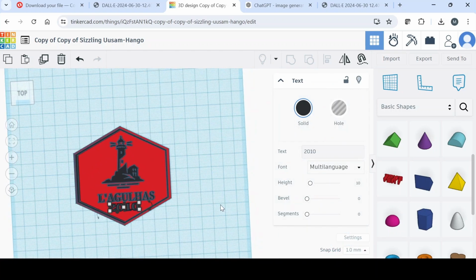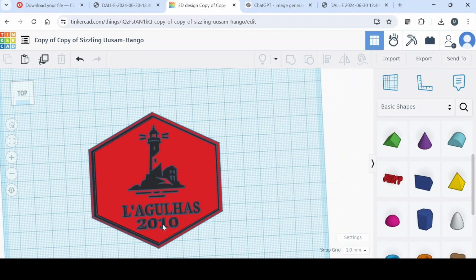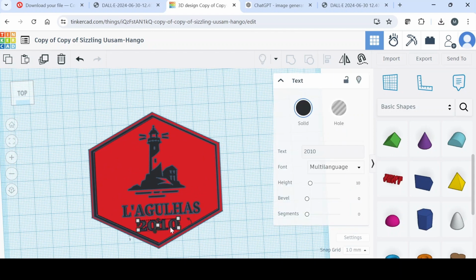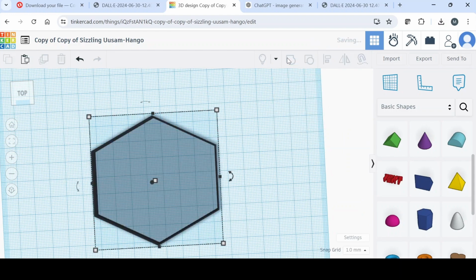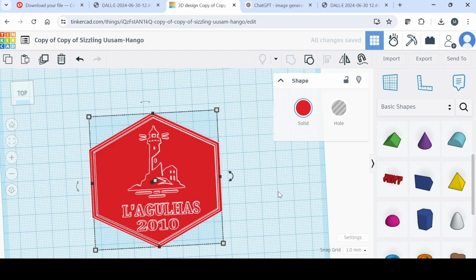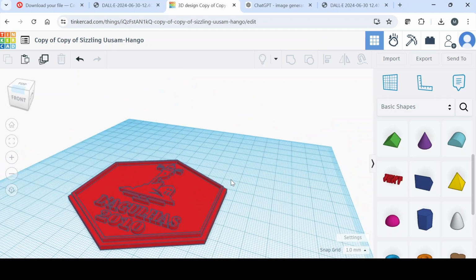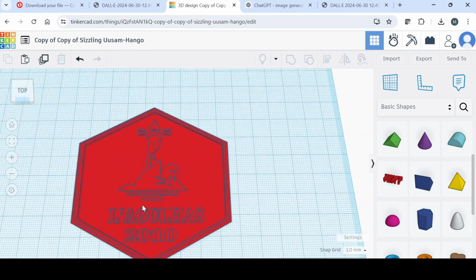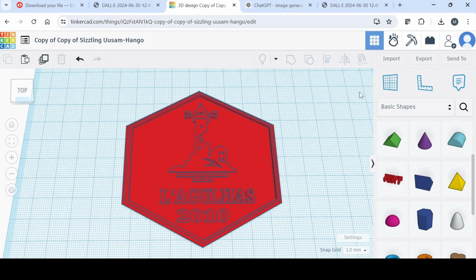I will now have to group them all together by clicking and then dragging across all the graphics, and then I will click on group, which will then make it one image. There you go. Now you can see it's all one color, it's one image, it's all stuck together by grouping it. You will then click on export because it's now ready for print, and we now need an STL file,